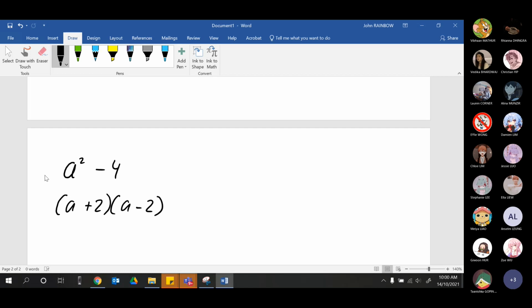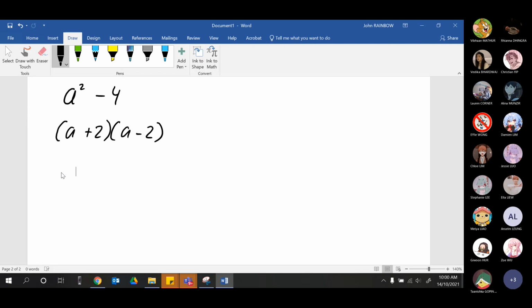Hopefully you guys agree. Now, if I've got this other thing where it's like, let's pretend a is something else. Let's call it x plus 1 all squared. So that's what a is, right? That's all squared minus 4. Well, that's going to be x plus 1, because that's what a is, right? Plus 2. And then you're going to have x plus 1